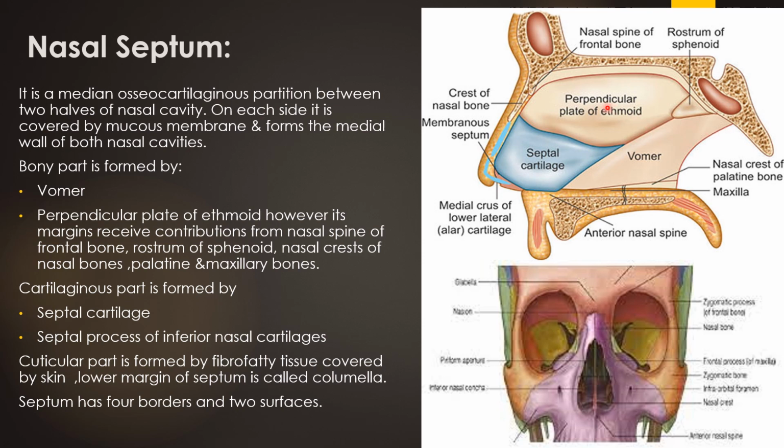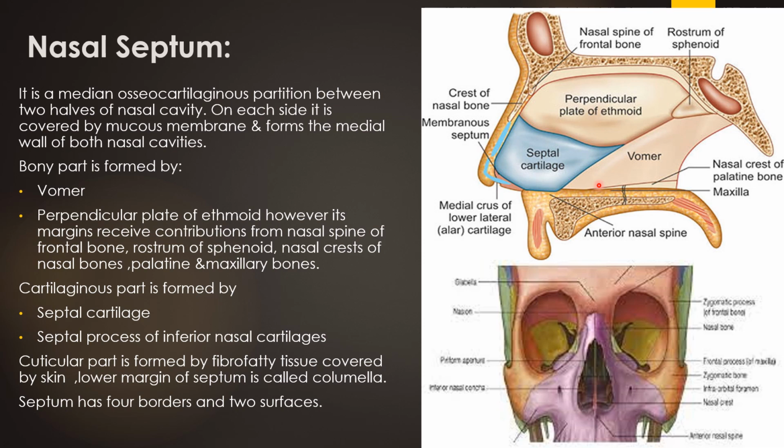These are the bony parts. The bony parts are formed by the vomer, the perpendicular plate of ethmoid bone, and it also receives contributions from the nasal spine of frontal bone. Over here you can see this is the frontal bone and this is the nasal spine. Then we have the nasal crest of nasal bones, and the nasal crests of palatine and maxillary bones as well. So this was the bony part of the nasal septum: vomer, perpendicular plate of ethmoid bone, rostrum of the sphenoid bone, nasal spine of frontal bone, nasal crest of nasal bone, and